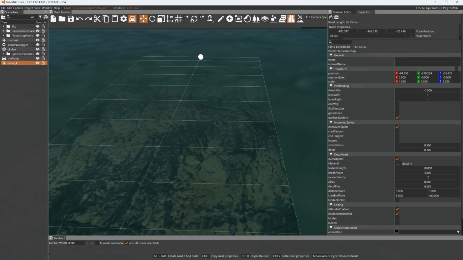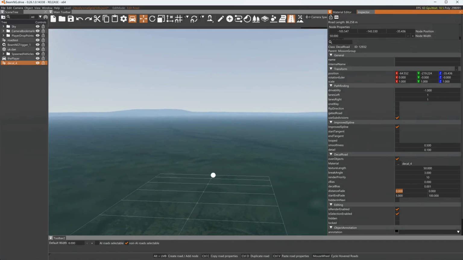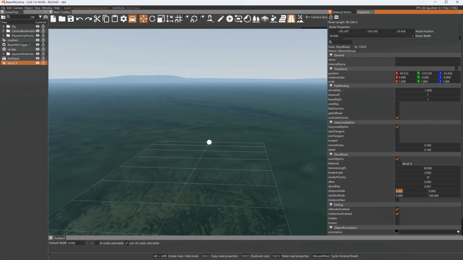And you also got distance fade, where depending on how far away you are will determine if you still want to see the decal. I don't know what the default distance is, but I would say 1,000 to 1,500 should be plenty. I want to say the default was 500. I think so. I think it's 500 for all the decals, but you can just increase that depending on how far away you need to see it. I think that's it for this